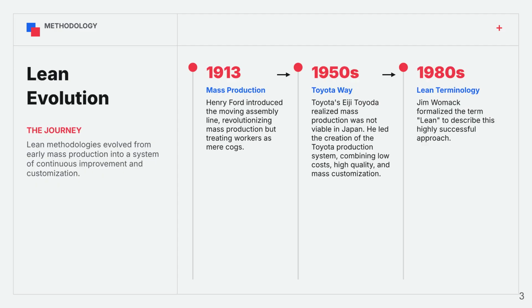In the 1980s, researcher Jim Womack studied Toyota's practices and introduced the term Lean to describe this highly effective production philosophy. Since then, Lean has expanded beyond manufacturing and is now widely used in healthcare, banking, software development, logistics, and many other industries. Today, Lean is not simply about producing more with fewer resources. It is a management philosophy that promotes continuous improvement, customer value, and efficient processes. These principles make Lean an ideal foundation for successful robotic process automation because efficient processes are much easier to automate